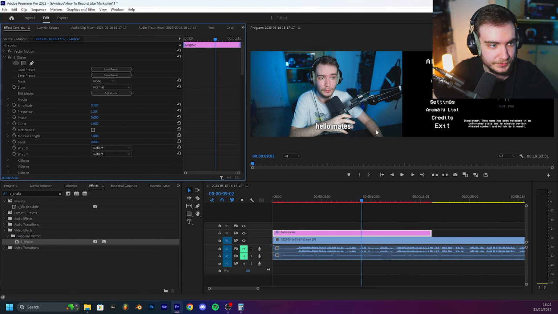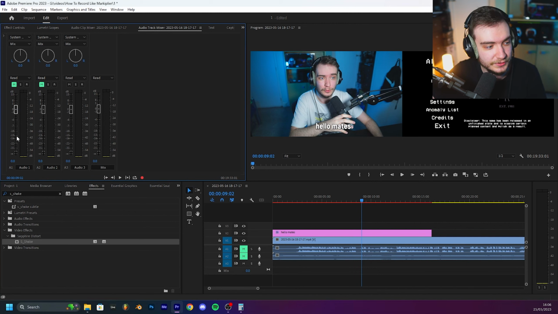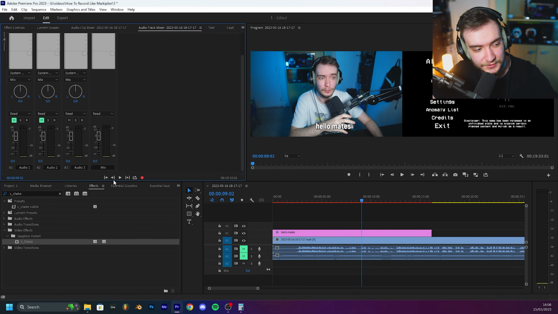Let me think about what else. If you wanted to edit your audio now, because you've got it on separate tracks, if you go to audio track mixer, you can set the volumes here. And if you press this small arrow, it's very hard to see. If you press that small arrow, this is where you add all your filters to your mix